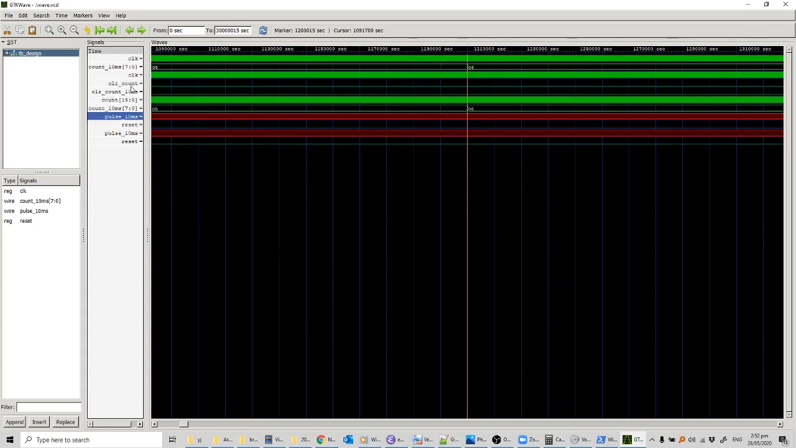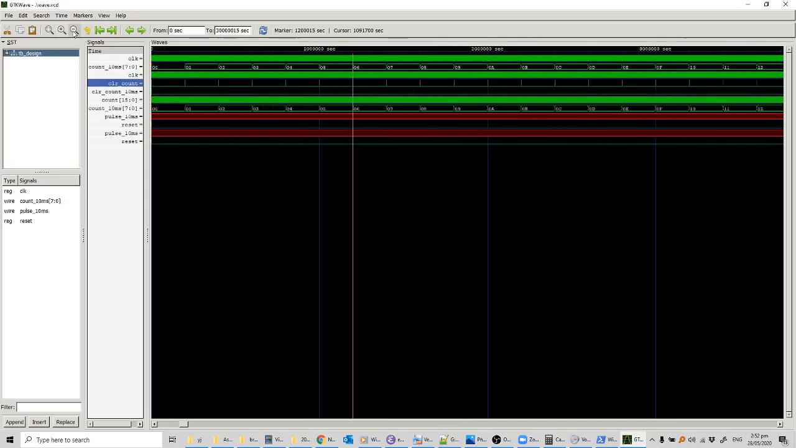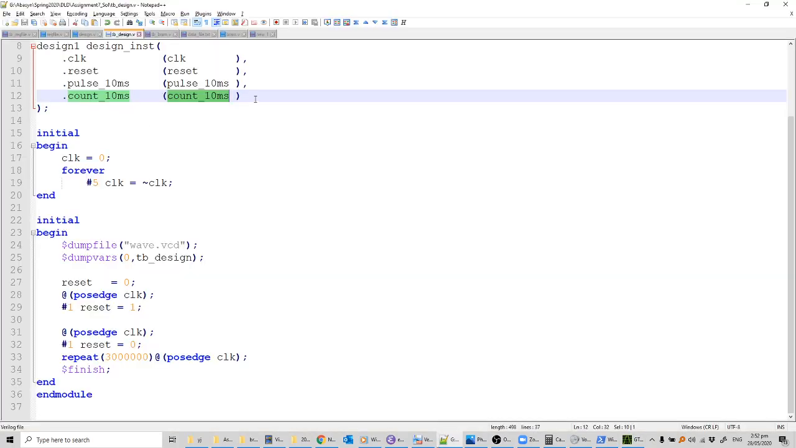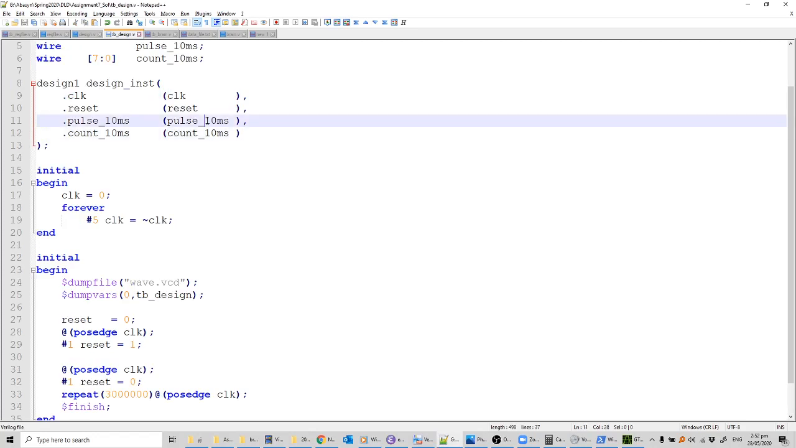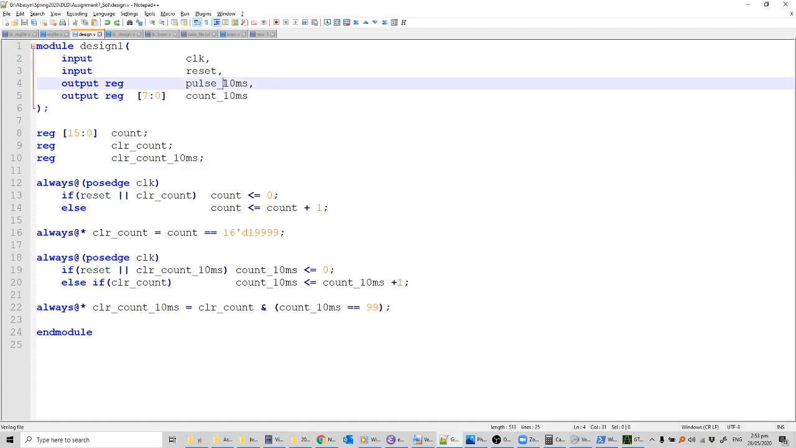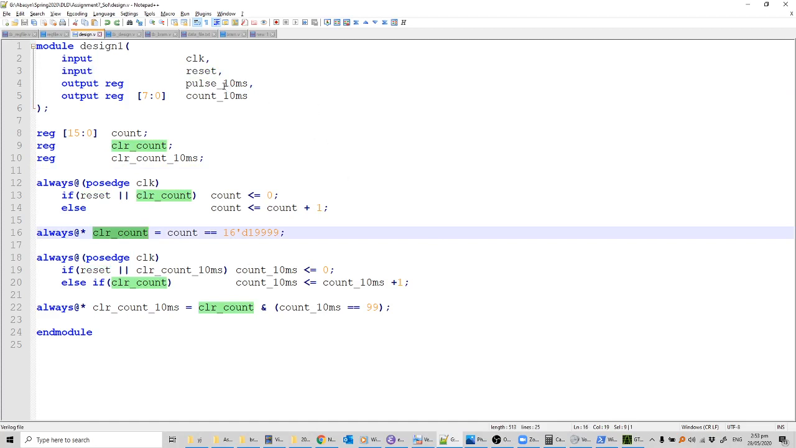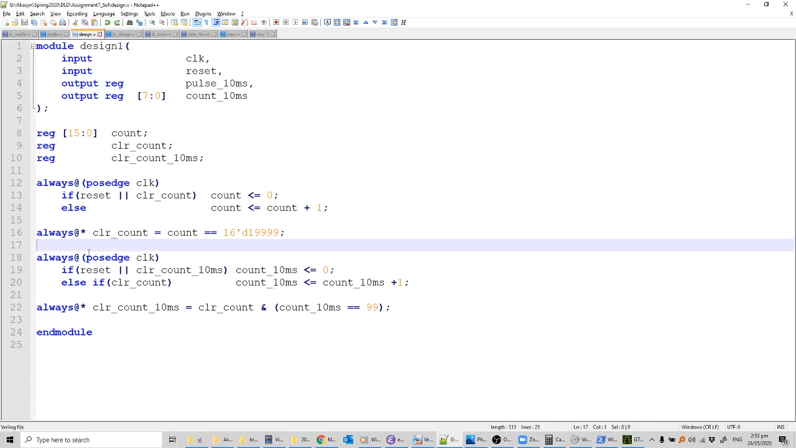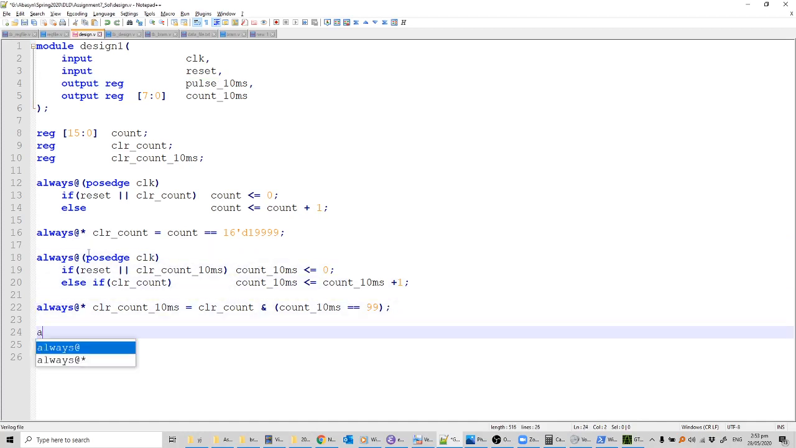Sorry, where is it? My pulse. Yeah, this clear count. Why am I not getting any pulse? Okay, so there is a bug here. I haven't tied pulse 10 millisecond to anything, right? So this clear count should have been this pulse 10 milliseconds. So what I'll do is I'll just write another statement, always